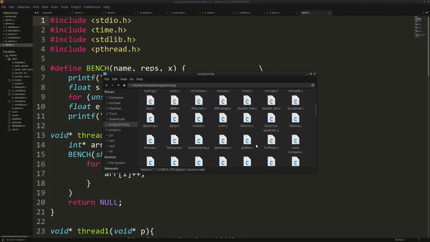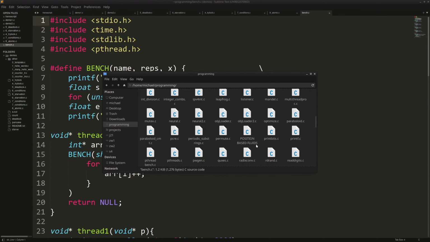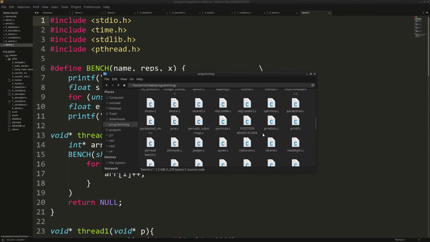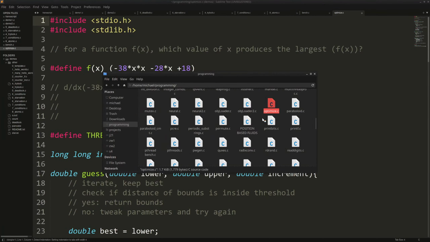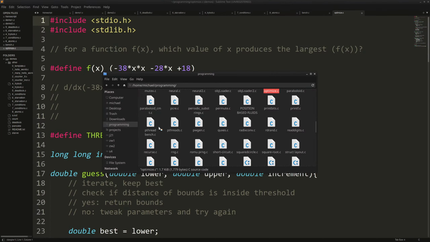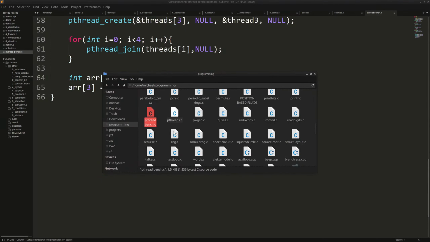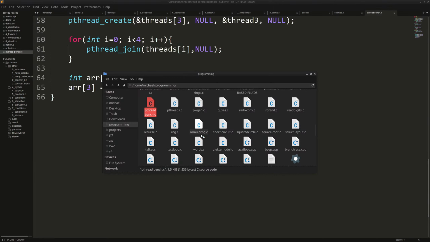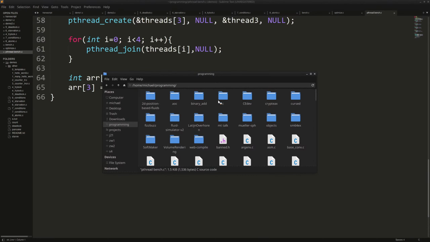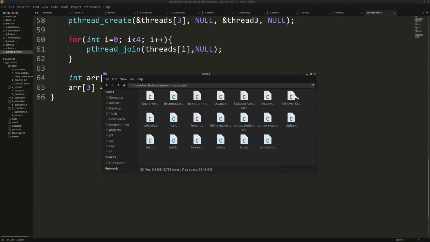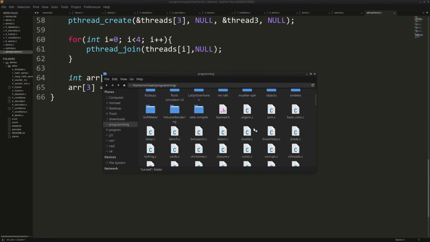Let's see if I can find it real quick. Maybe it's right here. Nope, that's something else. Benchmark. I'm just clicking anything that has the benchmark in the name. Nope, that's not it either. Okay, now I'm getting kind of worried. I don't think it's in here. Let's see here. In C maybe? No, maybe cursed. No. I have no idea.